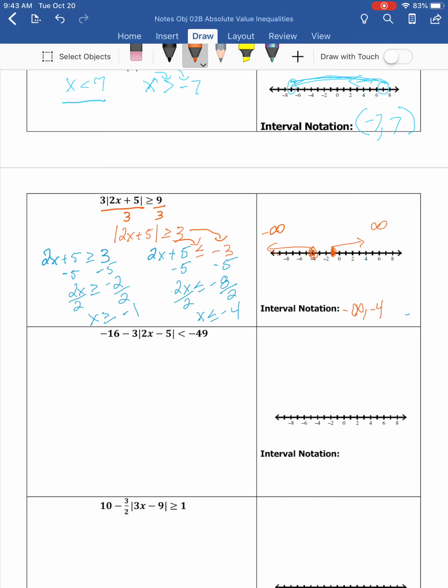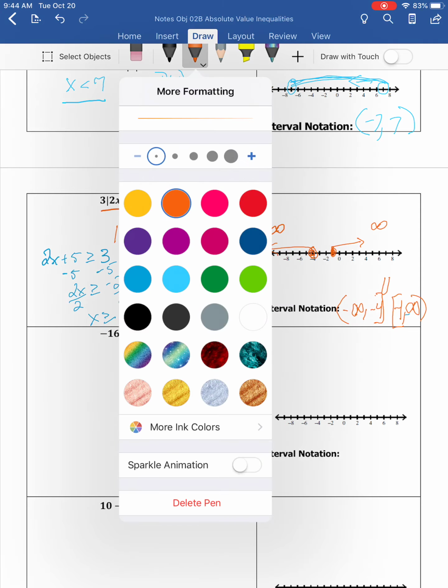And then I'm going to go from negative 1 to positive infinity. And I know I'm going to have an open parentheses here because that's infinity. I'm going to have closed parentheses around those guys, and I'm going to put the or symbol in. And I'm sorry I didn't put enough space around those ones. So,